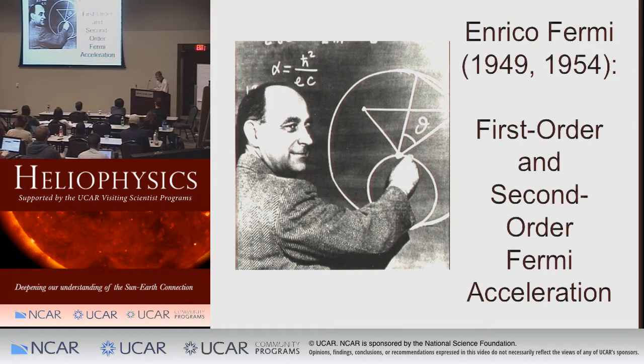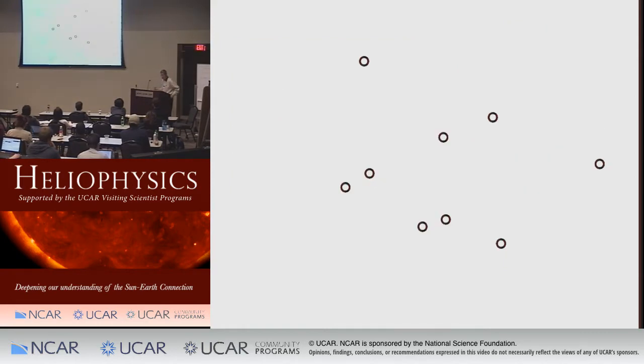And the basic idea can be drawn in this sort of picture. If you have scattering centers, the little black circles as particles, and elements of fluid, elements of the bulk flow of the plasma, if they all tend to be converging on each other, as I've drawn here, you can have a situation,